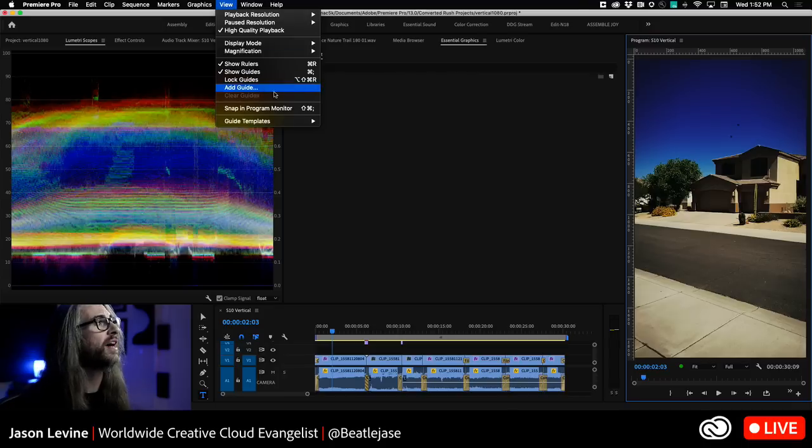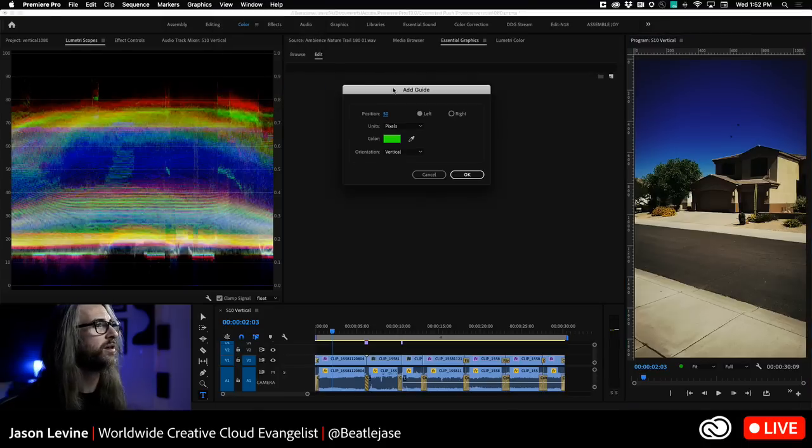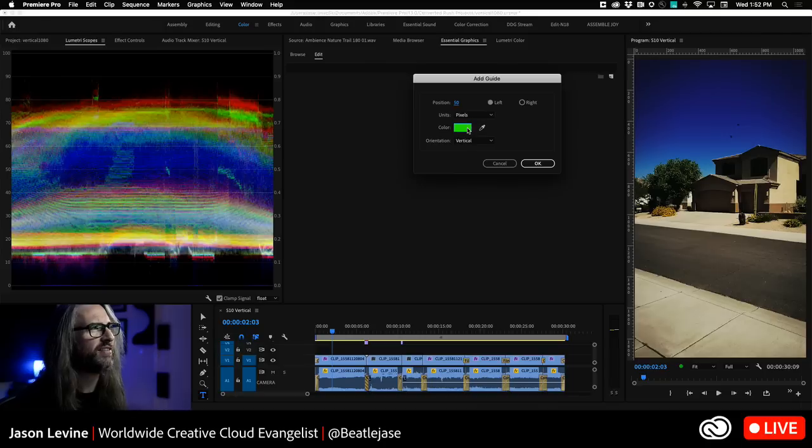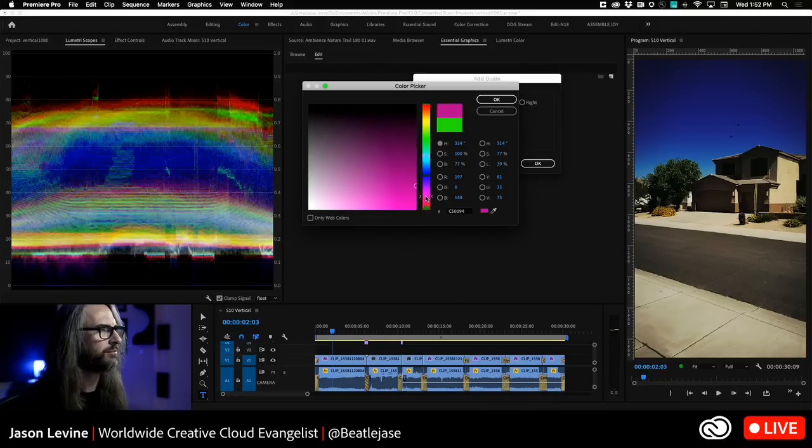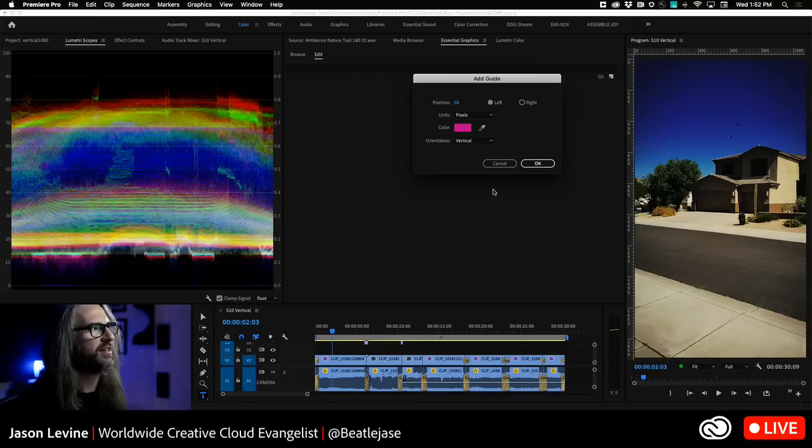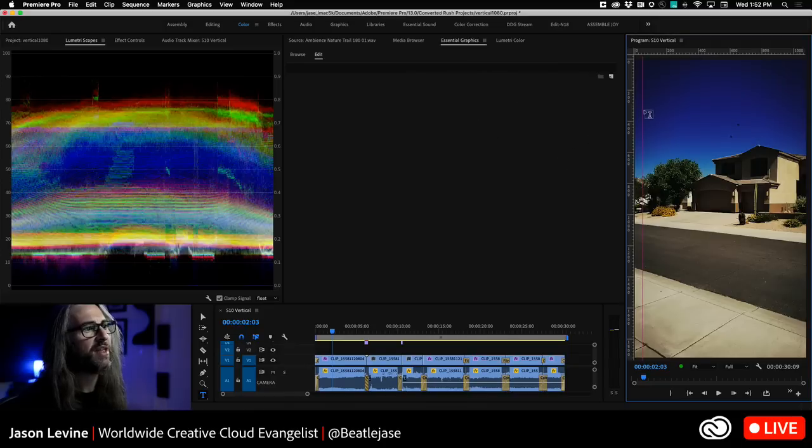Now, before you even do that, you've got some customization options here in terms of color. So right now I've got this set to this weird kind of green. Maybe I'd like it a little bit more vibrant here, something like that. Okay, so I like that for my guide color. All right, click OK on that. And now I want to set my guide. And you can see that it's already created one for me right here. Let's go ahead and grab my Move tool. I can take this and drag it off again,